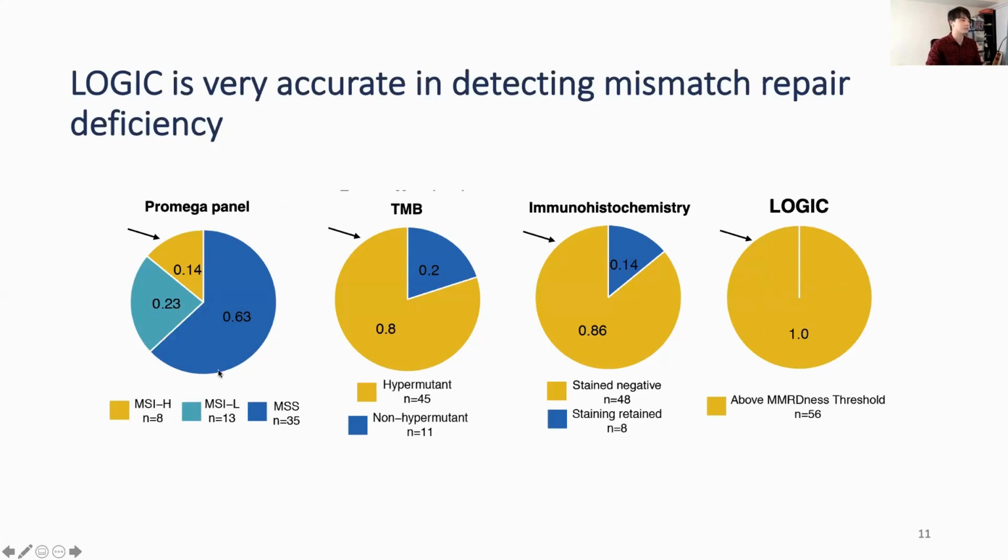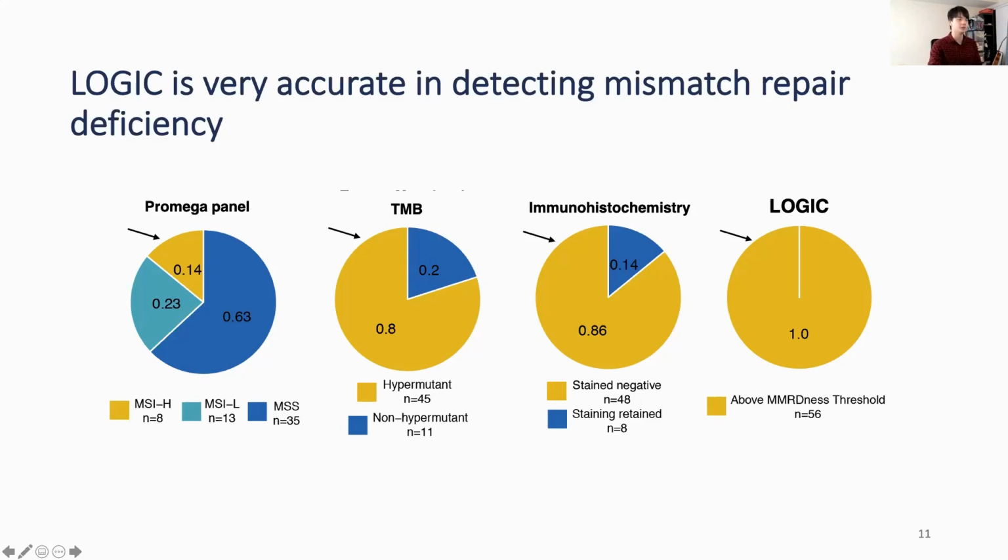On the left is the Promega panel, which is the five microsatellites that I showed before, showing only a 14% sensitivity in detecting it. And TMB, which Dr. Das mentioned, and another tool called immunohistochemistry, are both very good tools that are currently used routinely in the clinic. However, the data shows that Logic has better sensitivity than these two. This, again, was very encouraging for us that Logic can be used as a tool to detect mismatch repair